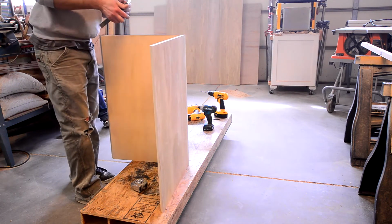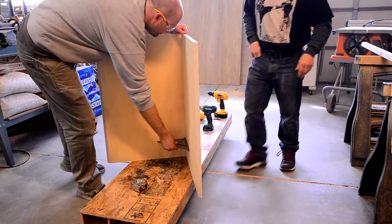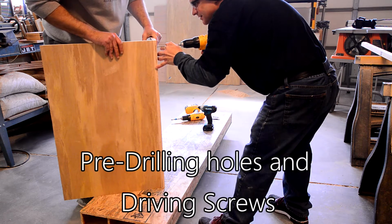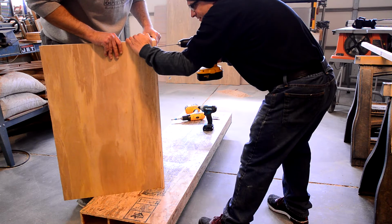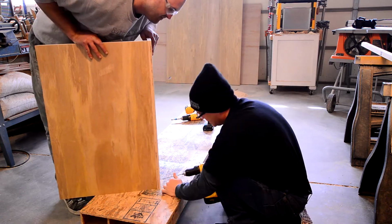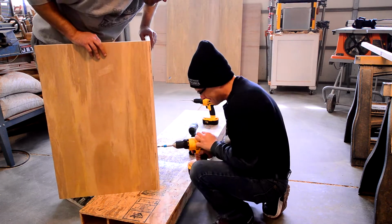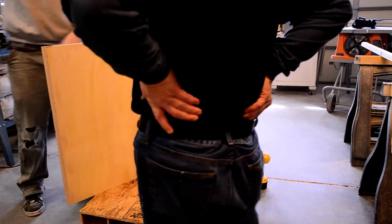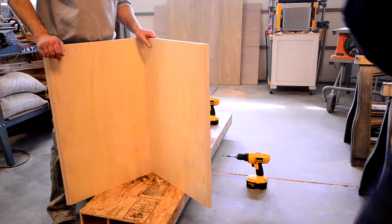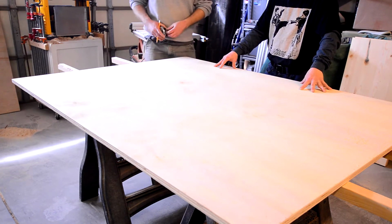When you're building a cabinet, you always want to make sure before you drill your holes that it's nice and square. Okay, measurements are good, so now we're going to set up for making triangles. Alright, now that we have our base assembled,